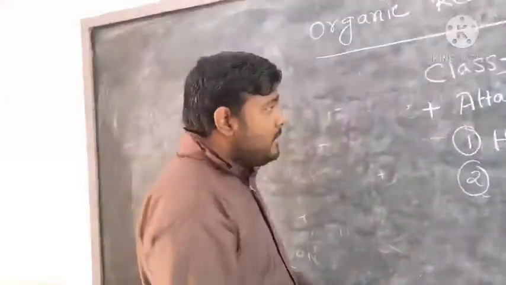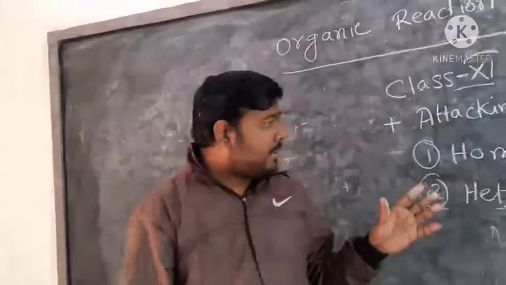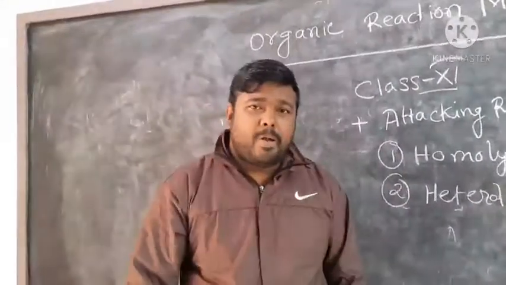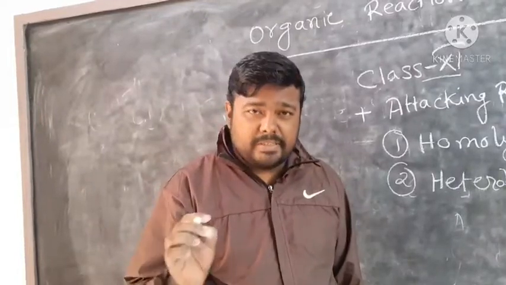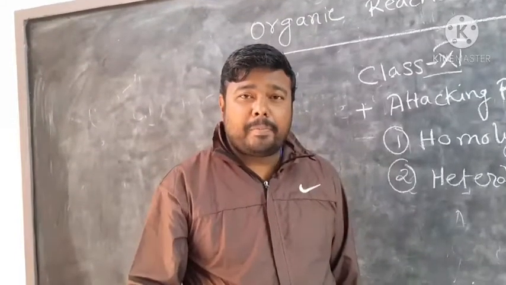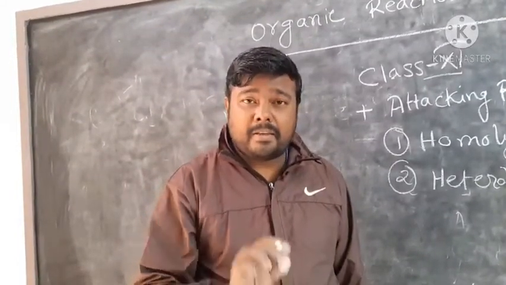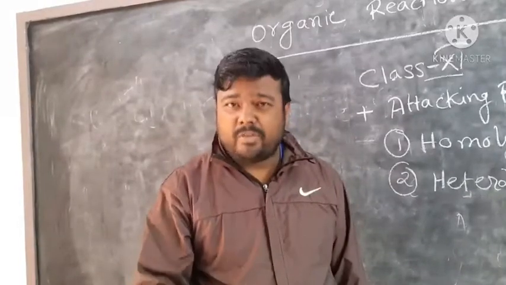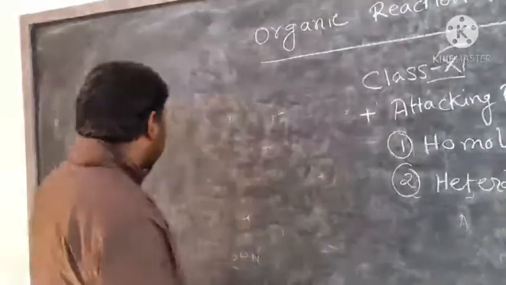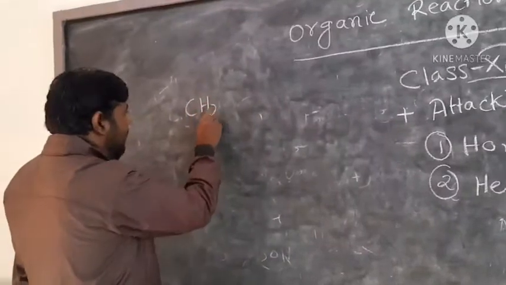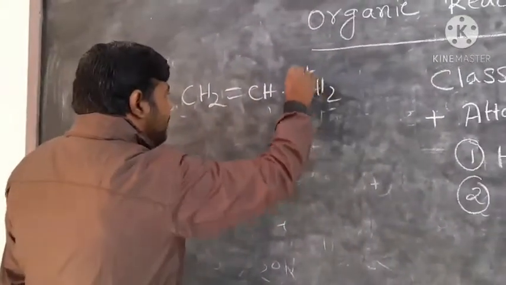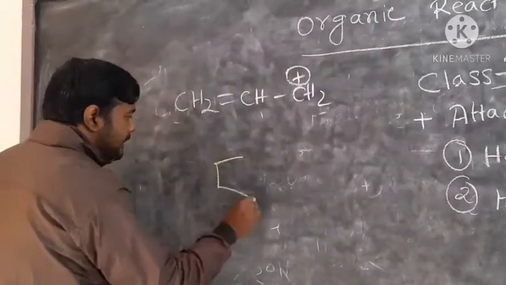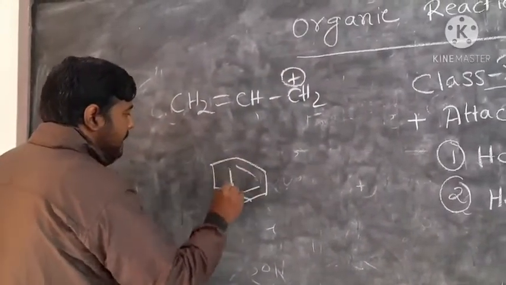Okay, so we have discussed in short how the organic reaction takes place. See, from this part, many stabilities you have to know, explained by hyperconjugation or resonance. One example I have just given you. This is called the allyl carbocation. This allyl carbocation is much more stable than the benzyl carbocation. Why?